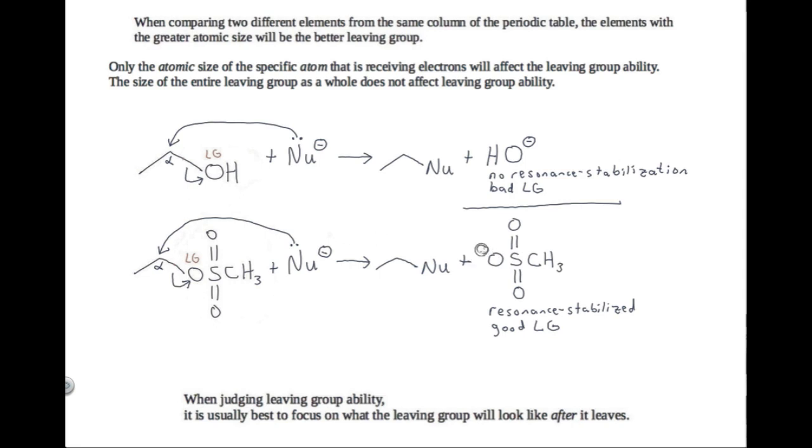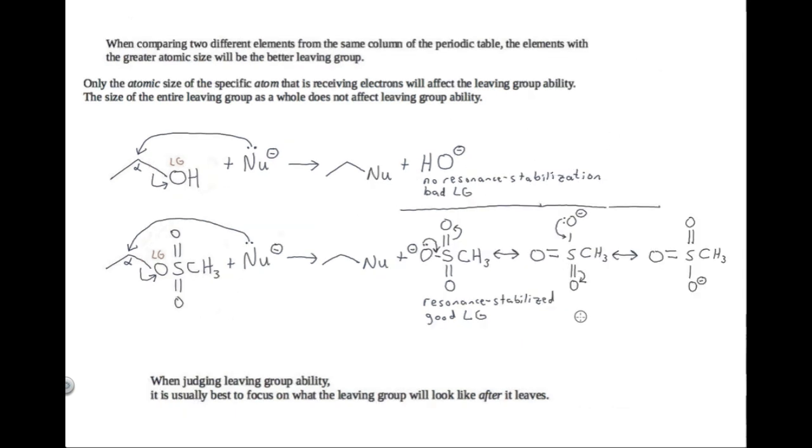This negative charge is resonance stabilized, which makes it easier for this oxygen to leave in the first place. This leaving group has no resonance stabilization, which makes it difficult for that oxygen to leave in the first place. So now I've drawn in the electron pushing arrows to show the two other resonance structures that this leaving group possesses after it leaves. And you can see that the resonance allows this negative formal charge to be spread out